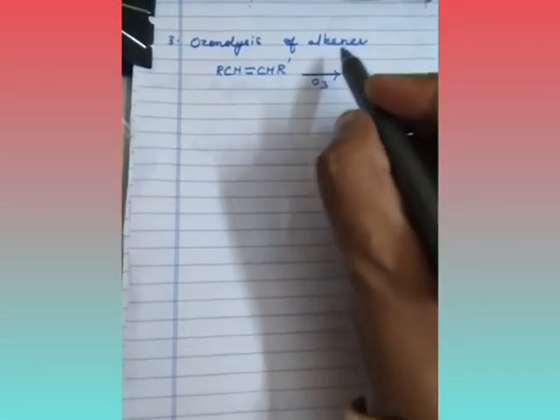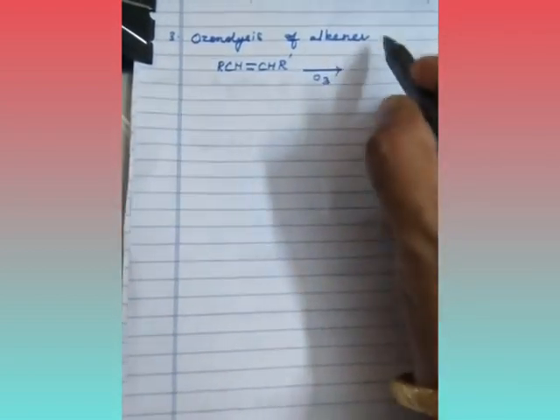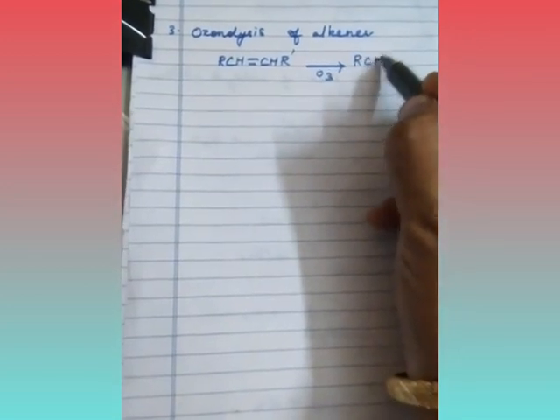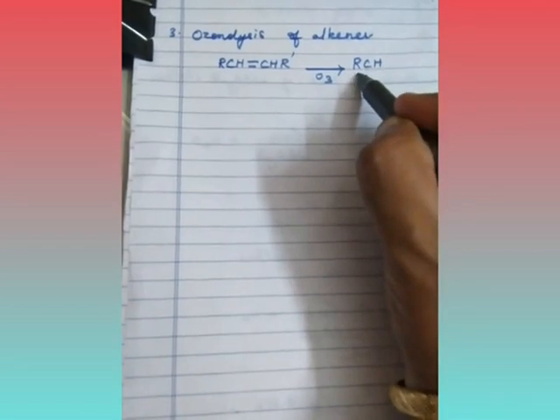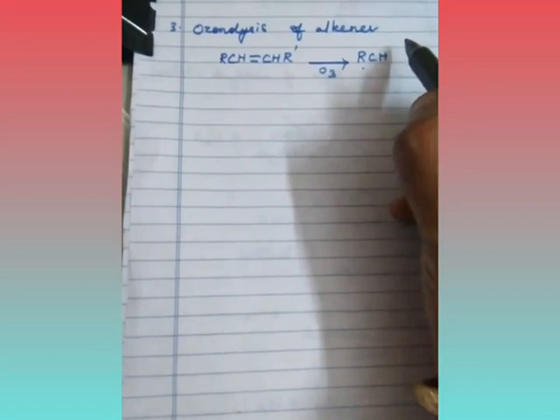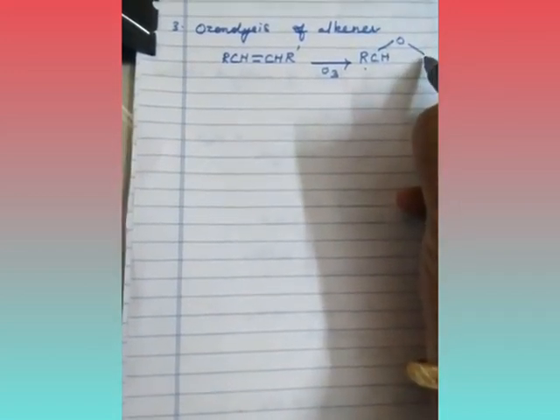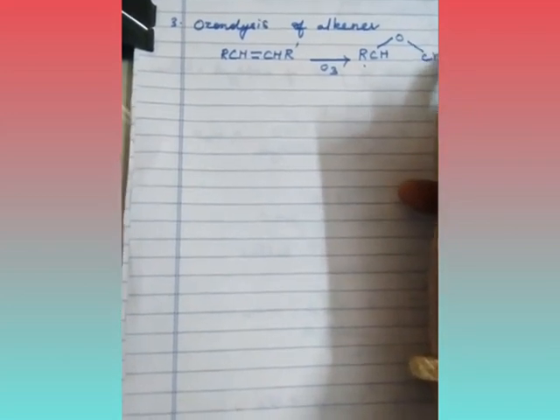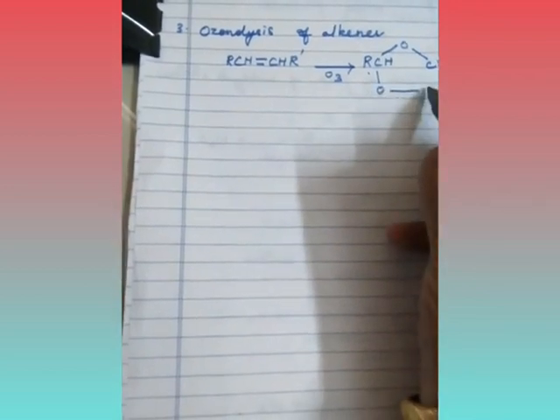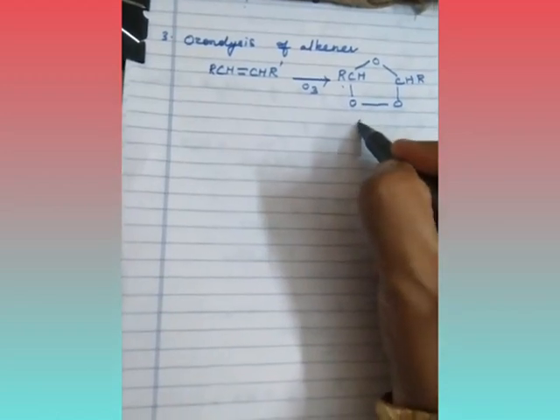In the first step, there will be a breakage of bond in this double bond. We are not going to touch any other thing, R, CH. Here only the double bond undergoes a break, isn't it? So we have here one oxygen there and another one here attached with this carbon atom, and the remaining two oxygen will be making like this. So we have a pentagon structure. This is called ozonide.